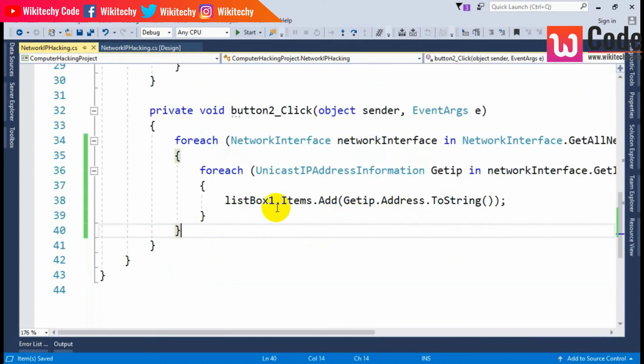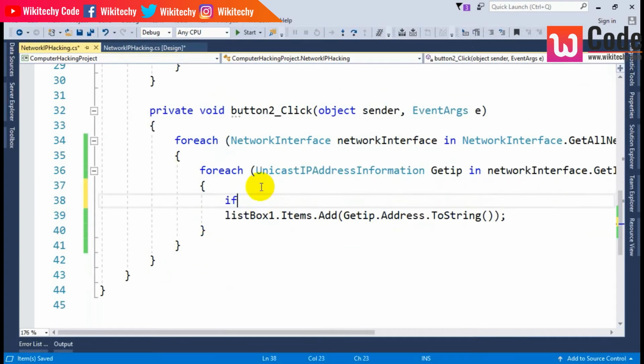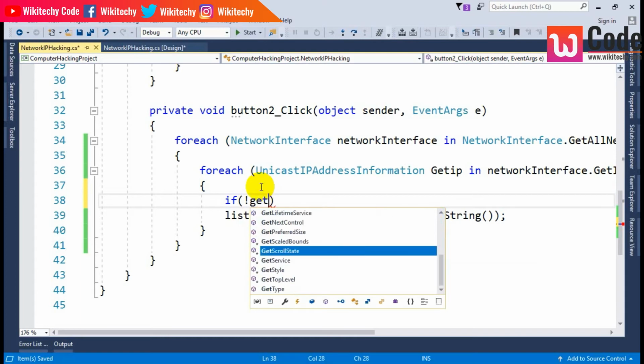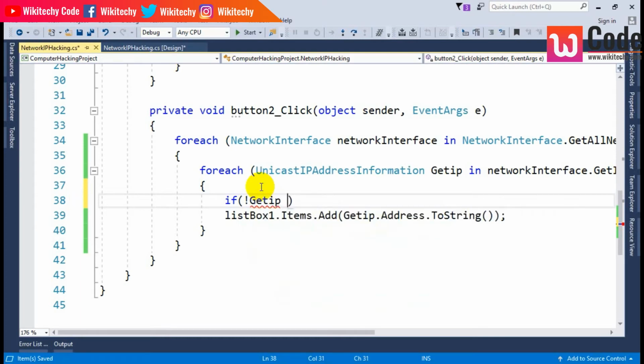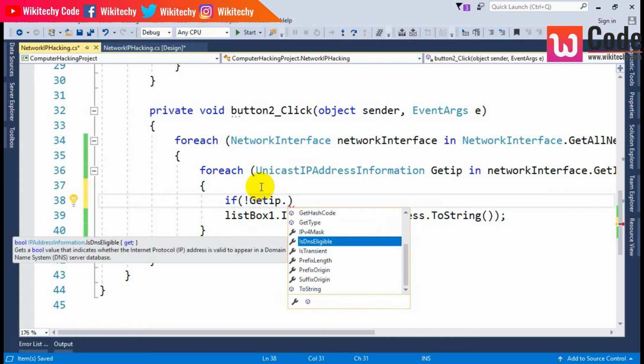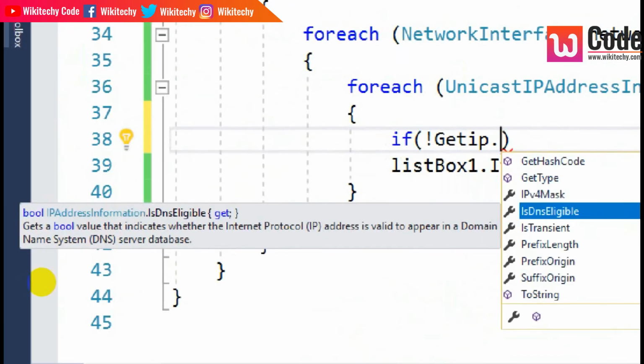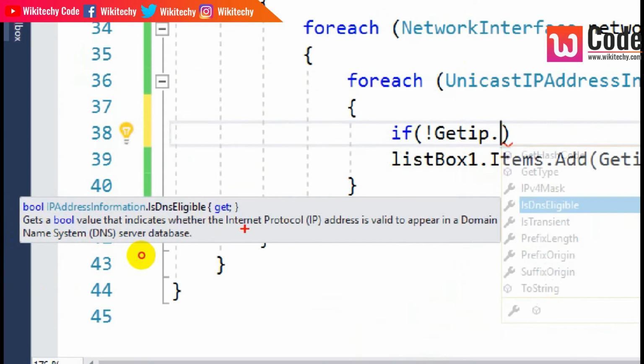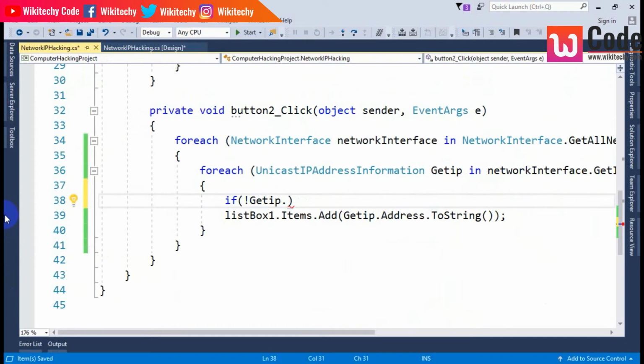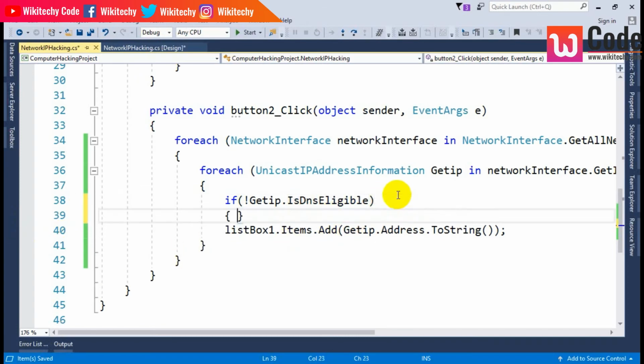Now what I will do is over here, if we need to filter further, let's check whether it's DNS eligible or not. So get IP dot is DNS eligible. We're able to see a bool value that indicates whether the internet protocol is valid to appear in a DNS server database or not. So we are trying to filter DNS eligible IP addresses. If it is yes,